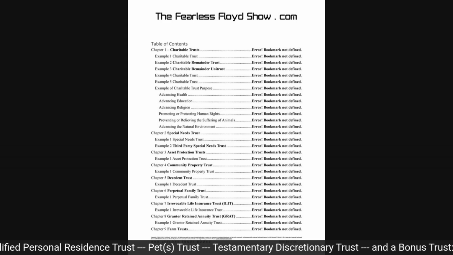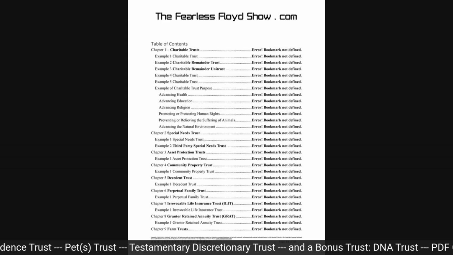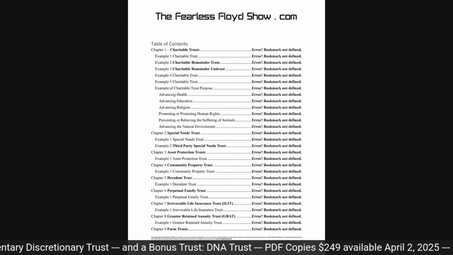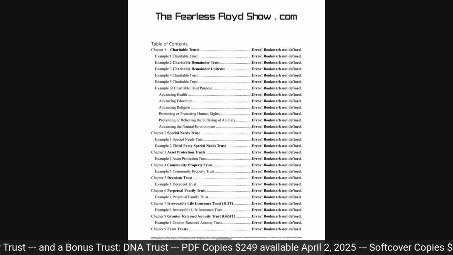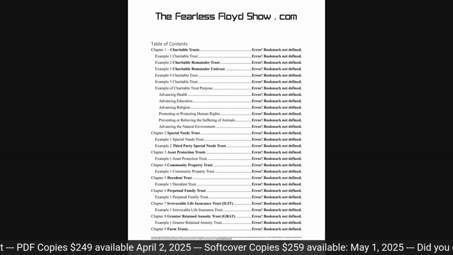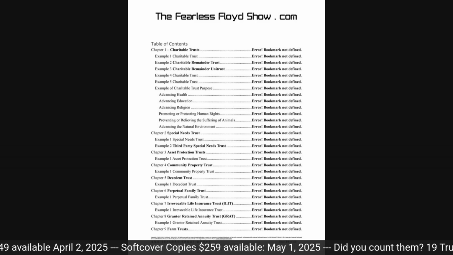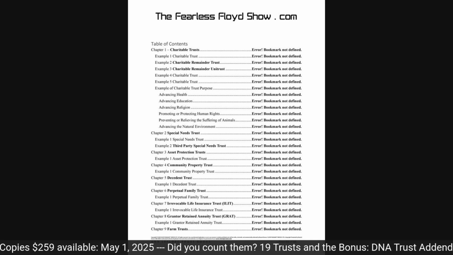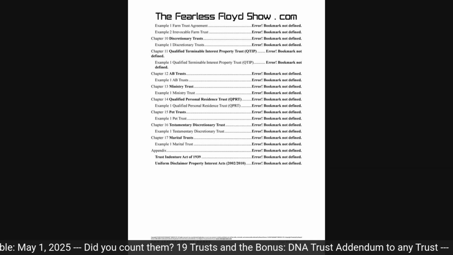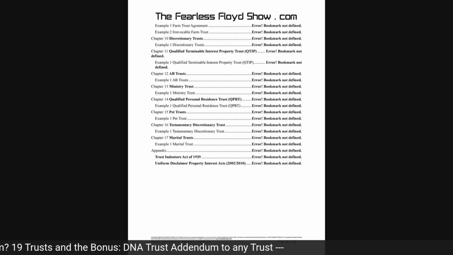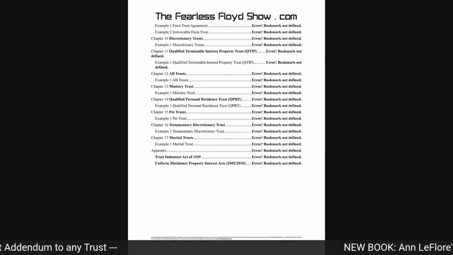Here's your table of contents. Charitable trust, charitable remainder trust, charitable remainder unit trust, special needs trust, third-party special needs trust, asset protection trust, community property trust, decedent trust, perpetual family trust, irrevocable life insurance trust, grantor retained annuity trust, farm trusts, discretionary trust, which actually has an irrevocable farm trust as well, qualified terminable interest property trust, that's a QTIP, AB trust,